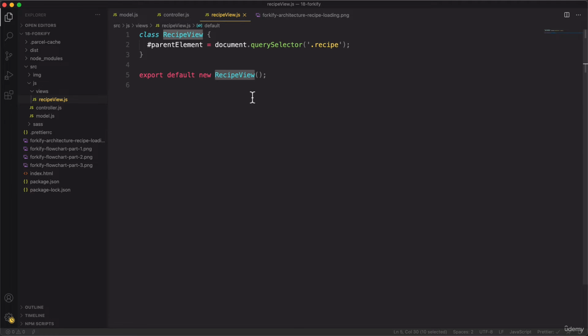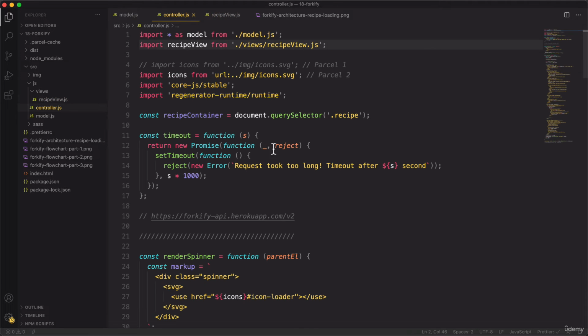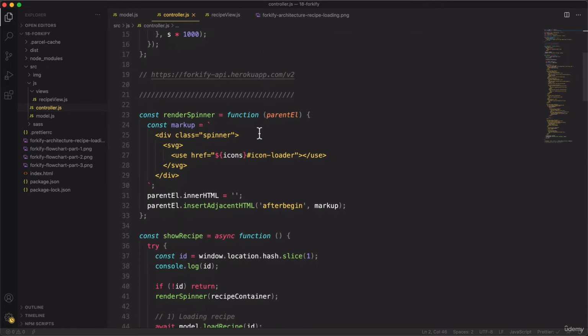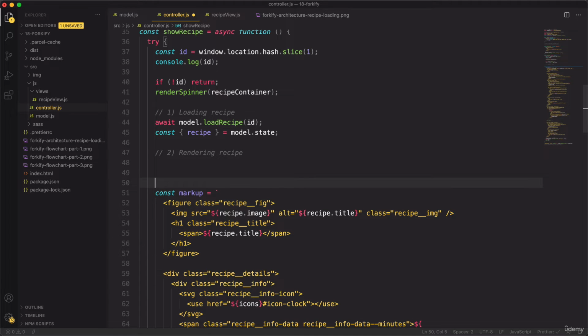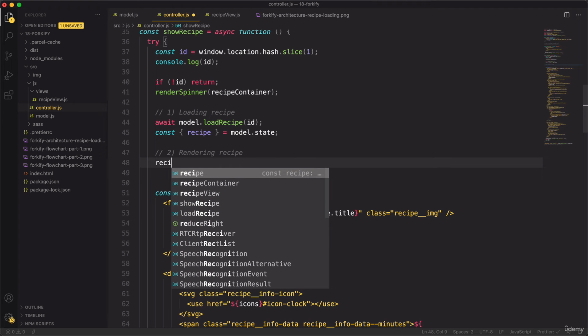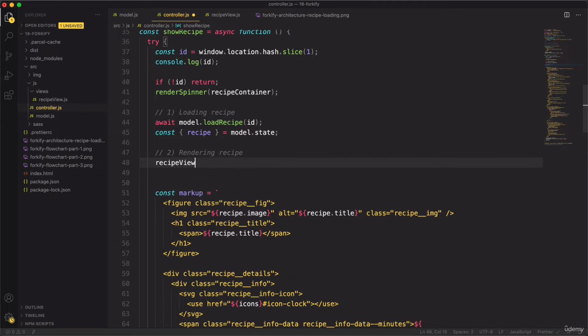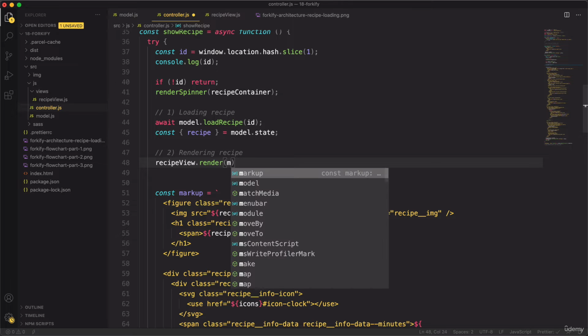But actually, I did that on purpose so that we can create a very nice method called render. So what I will want to do here, and let me already write it here, even before having the method. So what I will want to do is to call recipe view dot render. And then here, all we do is to pass in the data, which will be